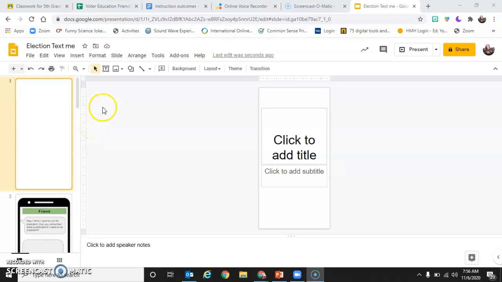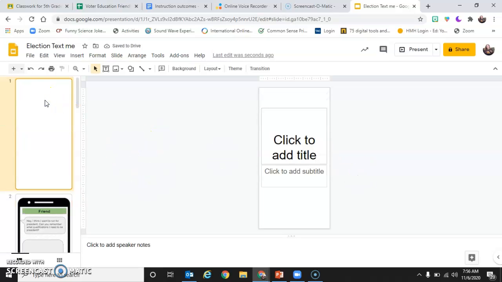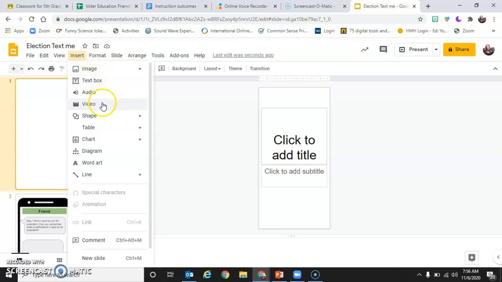Okay, so to start off here, I'm going to show you how to insert a video. So if you want to make a video response to your question, what you need to do is go onto your computer's camera and record a video. After your video is recorded, you're going to press the Insert Video button,